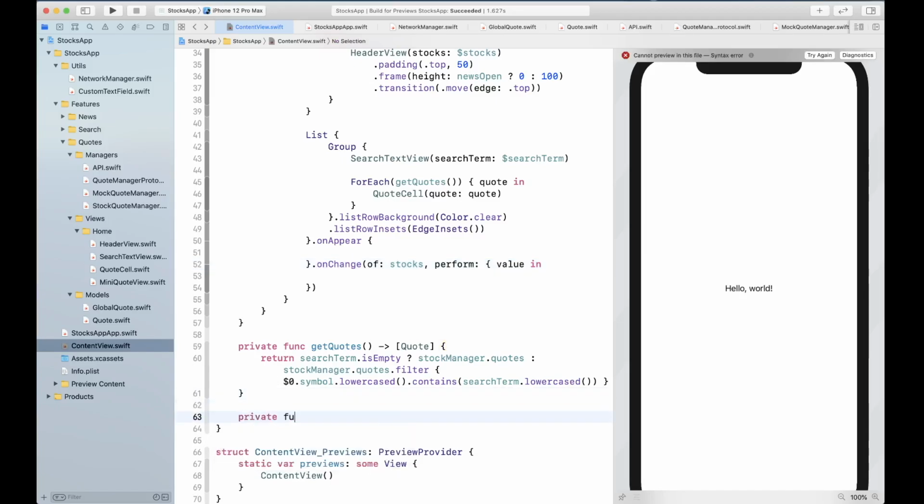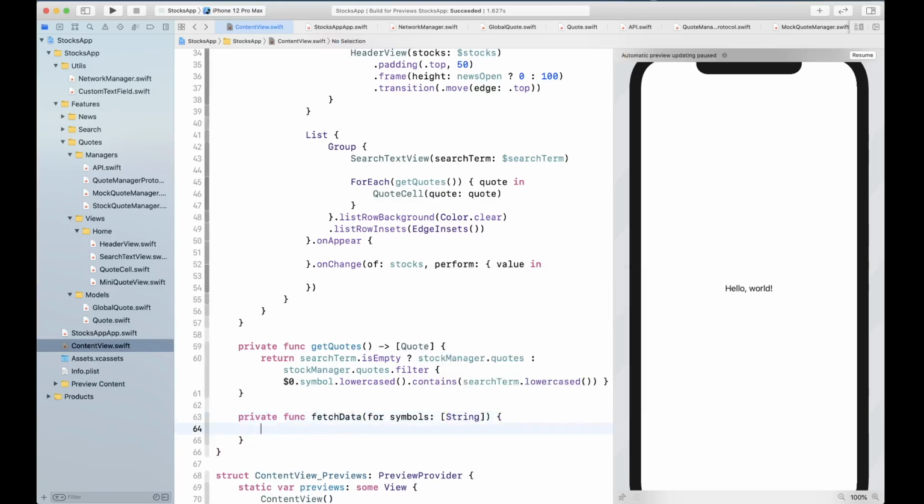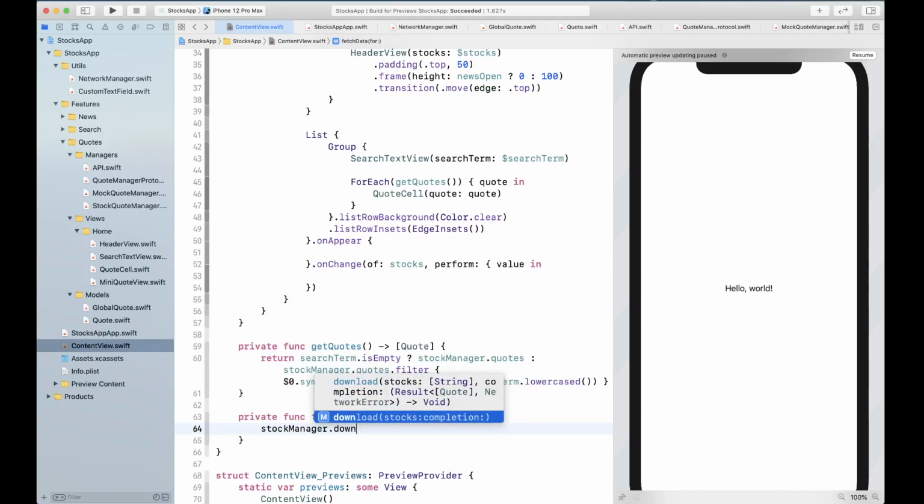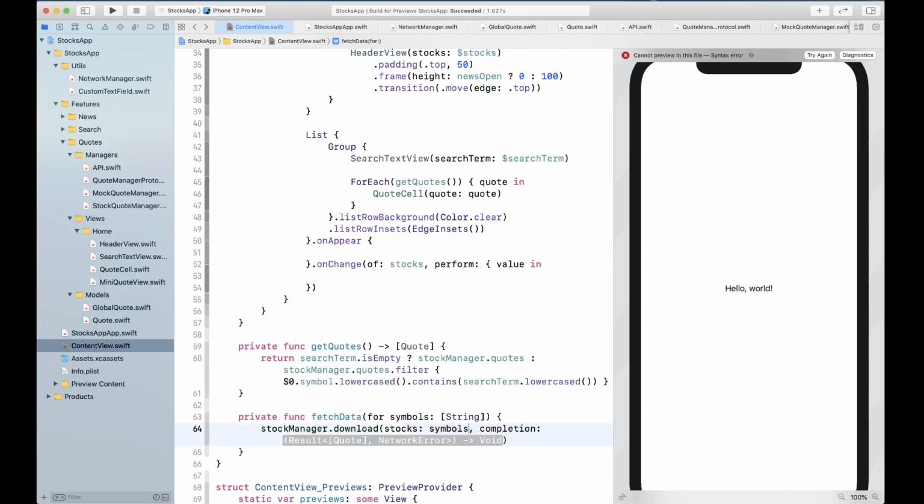Okay, now let's go ahead and create a function called fetch data. So private func fetch data, and this fetch data is going to take a string array called symbols. Basically it's simply going to call the stock manager dot download those symbols, and we don't need this completion because this is something in case we need to use it, so we're going to simply ignore anything inside.